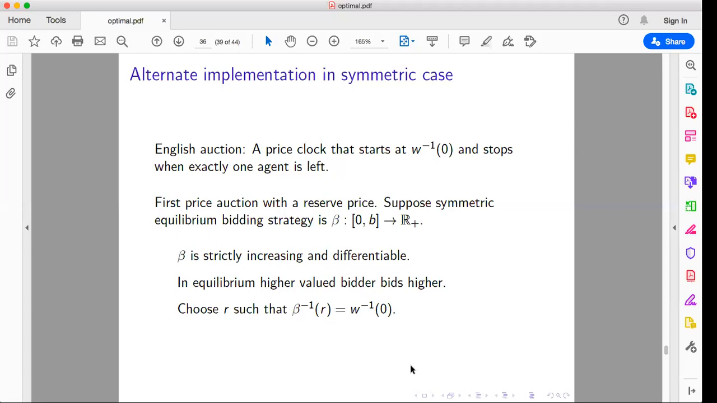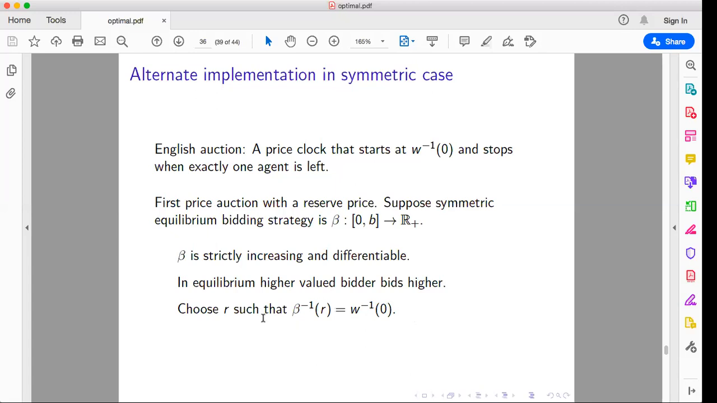Right? We don't want bidders to participate in the auction if their value is less than W inverse 0. So that means that if we set a reserve price R equal to beta W inverse 0, then any bidder who has value less than that would basically bid lower than the reserve price and will not participate. Maybe I'm not clear, but you should just write this down and verify yourself